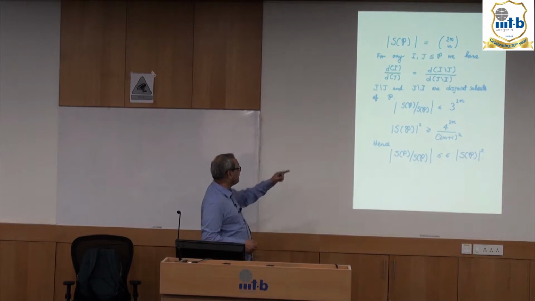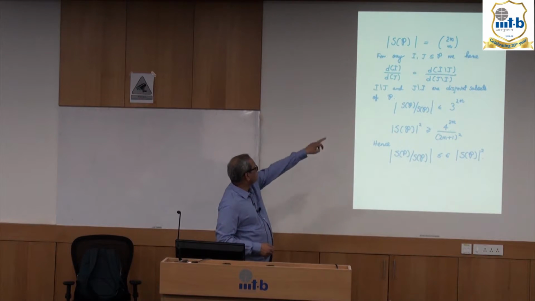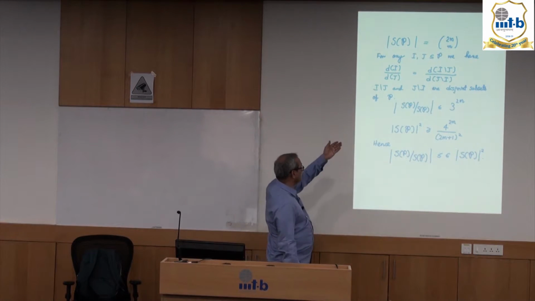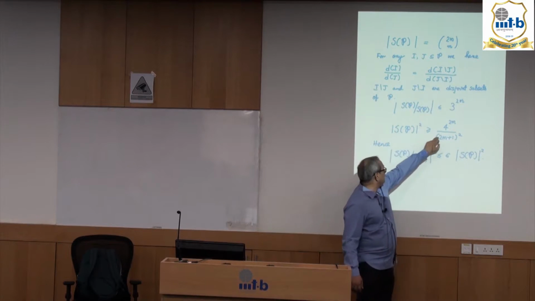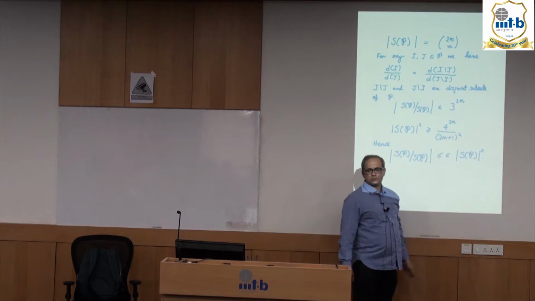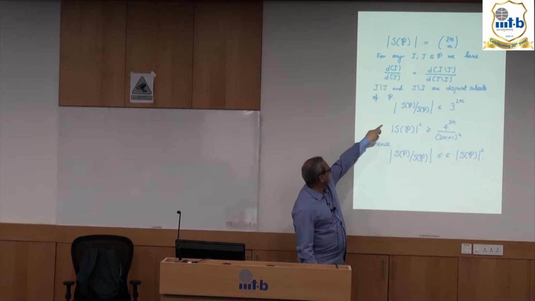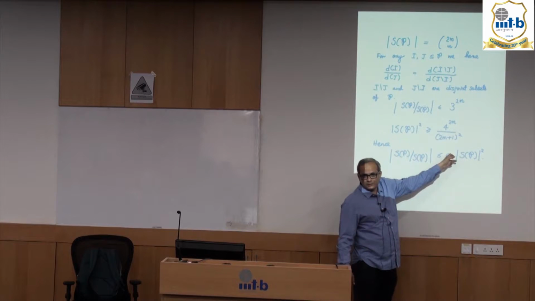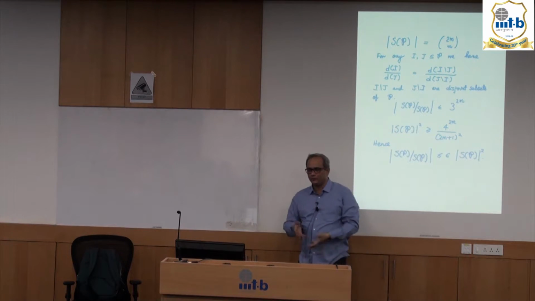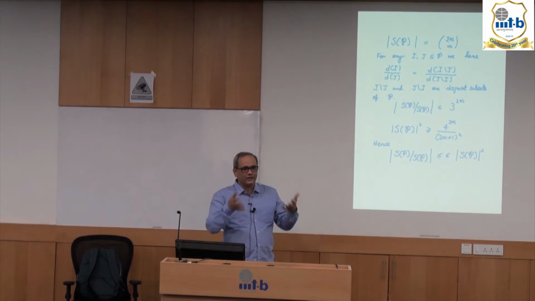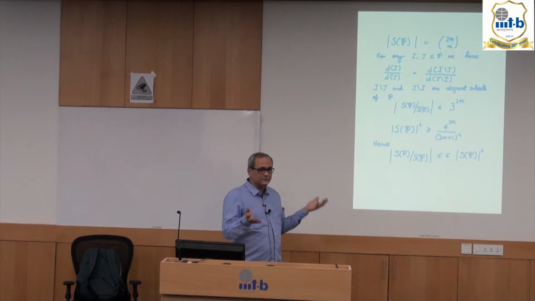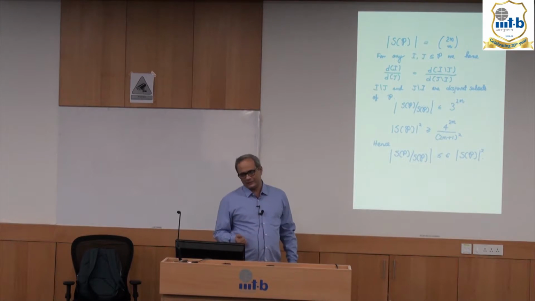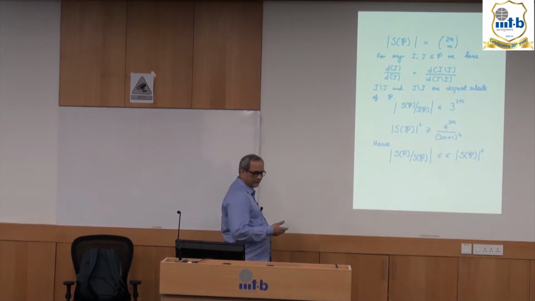On the other hand, the cardinality of S_P square is (2m choose m) square, which, a famous basic inequality for (2m choose m), tells you that this is greater than 4 to the 2m by (2m plus 1) square. So here the size is less than 3 to the 2m, here the size is greater than 4 to the 2m. Therefore, if you compare the two sizes, one is much smaller than the other. If you choose them large enough, you can bring down the size as much as you want. Using this, one can construct,